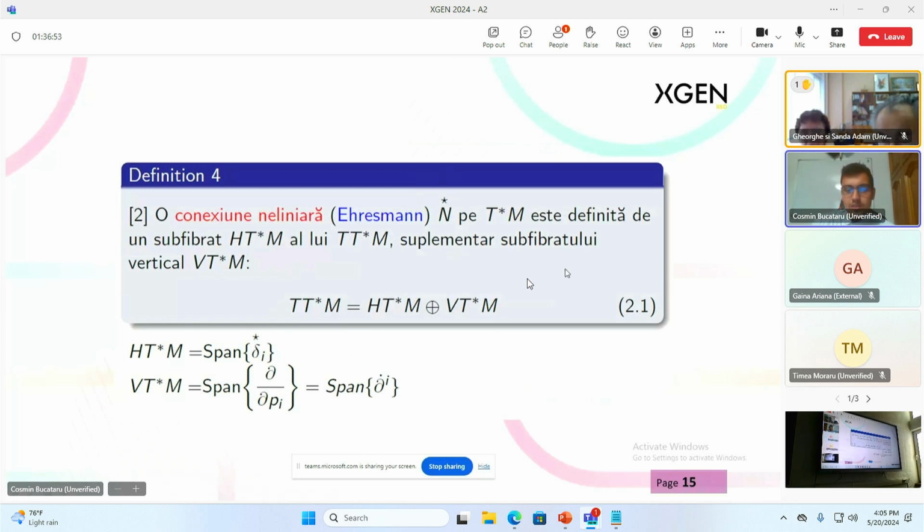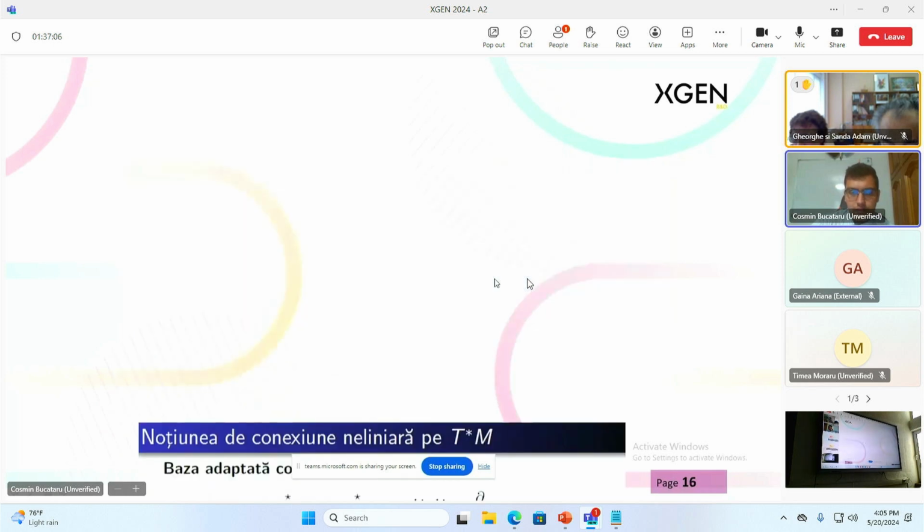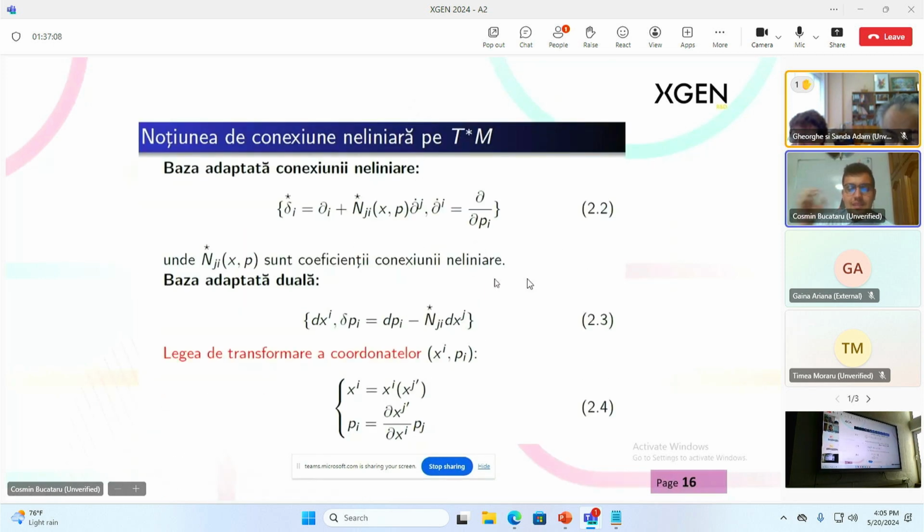And the decomposition is the Whitney sum between the horizontal subbundle of the cotangent bundle and the vertical subbundle of the cotangent bundle. Okay, in the same manner, now we can introduce the adapted basis for the T star M, the cotangent bundle, but in the relation 2.2, we will see that the N_ji coefficients are